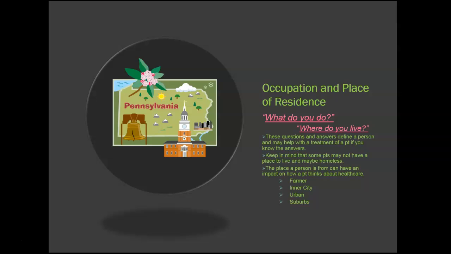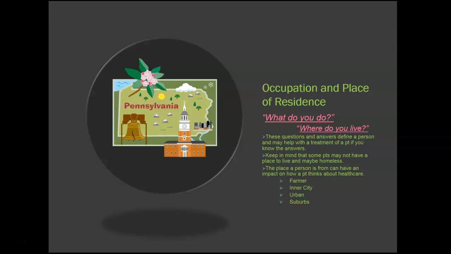Your occupation and place of residence can make a difference as well. One of the first questions you're going to ask your patient is, where do you live? What do you do? Well, I'm a PTA, or I work in the healthcare field. I work as a call center representative. These are the questions that define your patient and will help you with treatment because you're going to find out